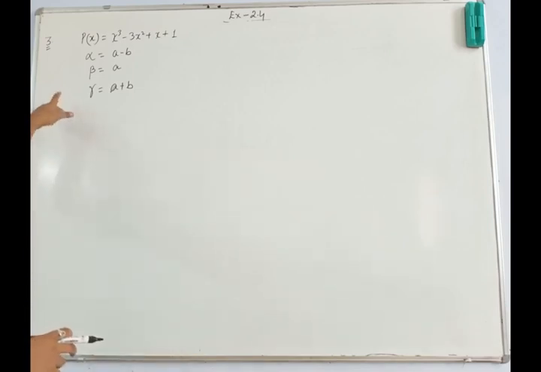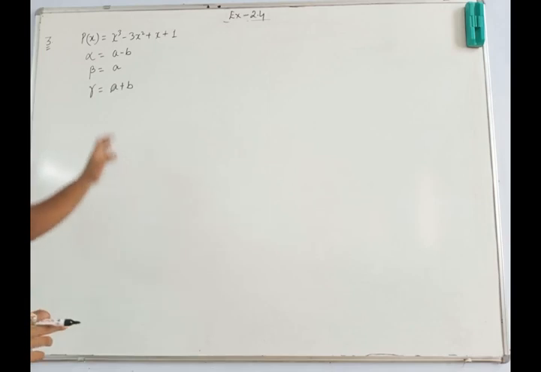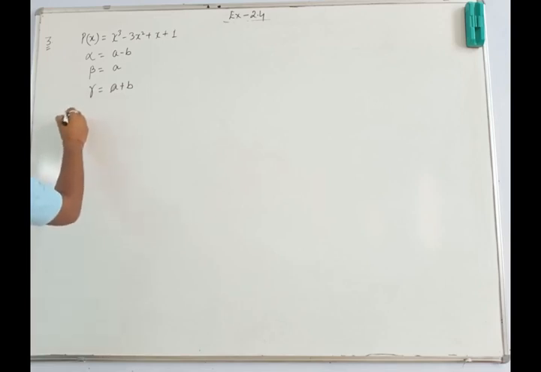Now the third question of the exercise. Here px, the polynomial, is given and the roots are given: alpha, beta and gamma of this cubic polynomial. A cubic polynomial obviously will have three roots. Now what he is saying is, you have to find the values of a and b. So for that, what will we be doing? Let's see. All of us know one relationship.